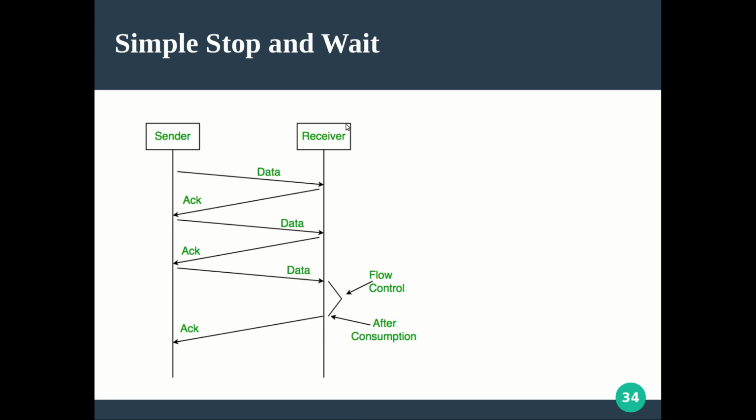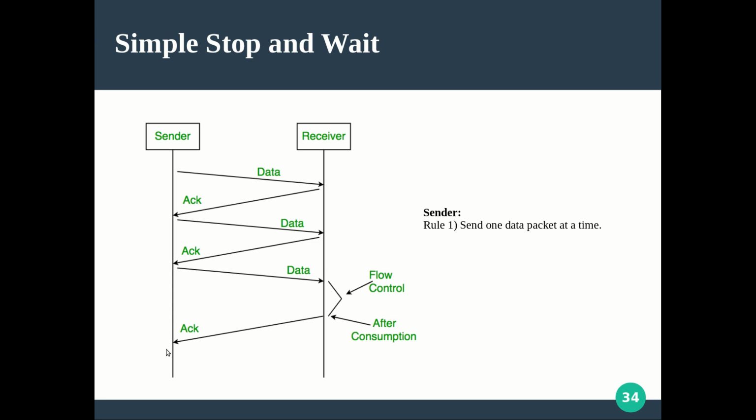So before winding up, this is what I was trying to say in the previous slide. The sender and receiver communicate like this: send a frame of data, then acknowledgement, data, acknowledgement. So flow control works like this: once the receiver gets the data, it processes it and hands it over to the higher layer, and after completely consuming it, it will generate the acknowledgement. So this is how the flow control is achieved. Not only that, at the sender side also it has to wait till the acknowledgement is coming back.